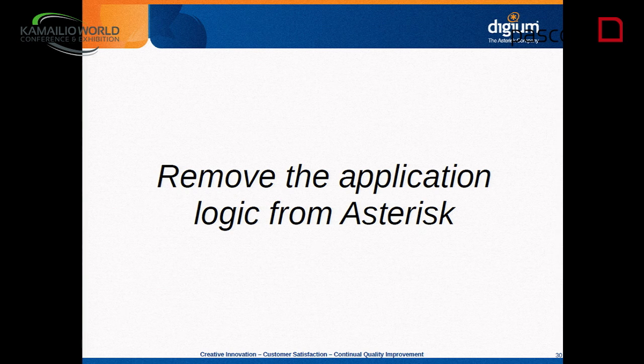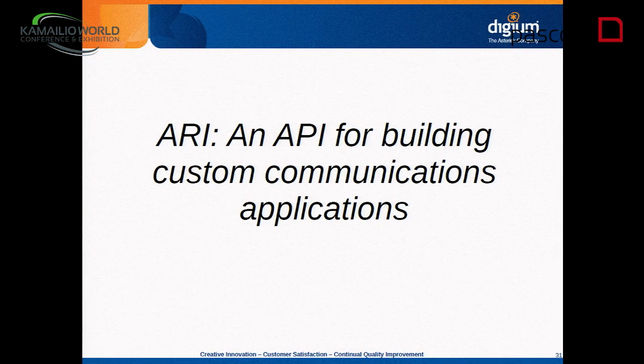And that's kind of a scary thing to say, because that's typically how Asterisk systems get deployed, is lots of dial plan, AGIs, and a bunch of other things in order to go put all of the application logic into Asterisk. So in Asterisk 13, one of the many things, really in Asterisk 12, but 13 being the long-term support release of Asterisk, there's a new API called ARI, the Asterisk REST Interface, and it's an API for building custom communications applications. How many have heard of the API or know what it does?